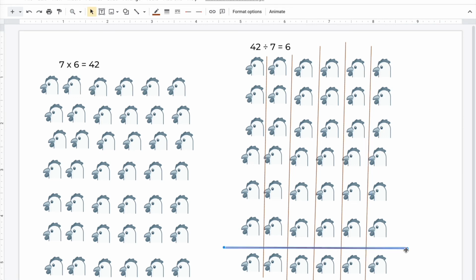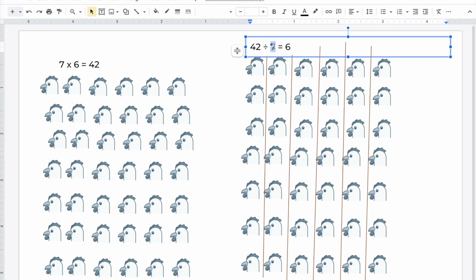Extra line. So I'll just click on this and hit the delete key. All right, so now I've got 1, 2, 3, 4, 5, 6 groups. So 42 divided by 6 equals 7. You can count it yourself and see that there are now 1, 2, 3, 4, 5, 6, 7 chickens